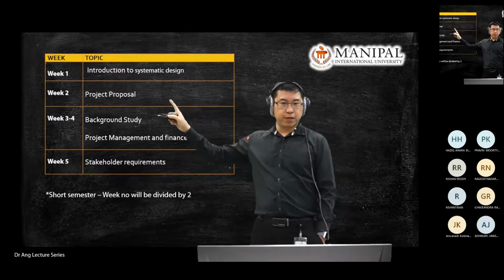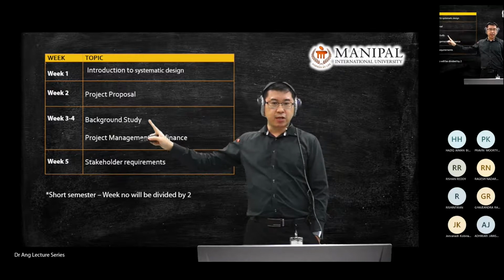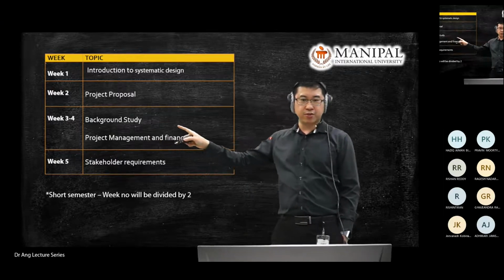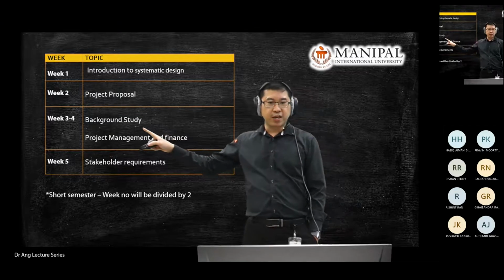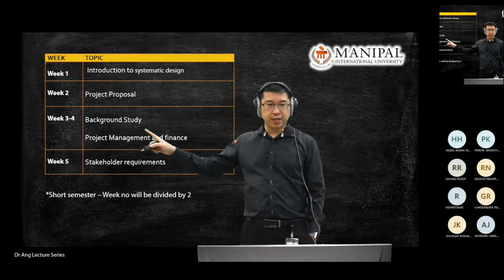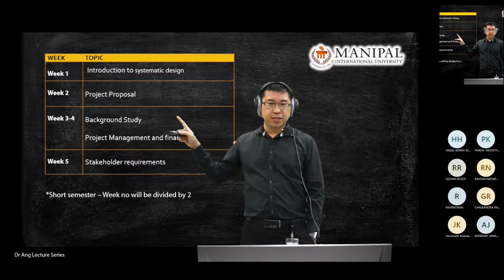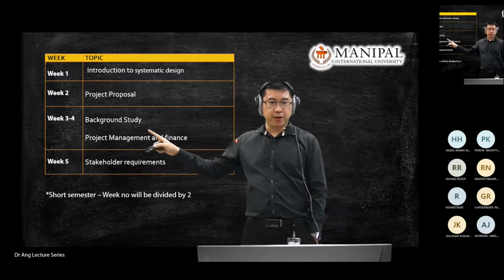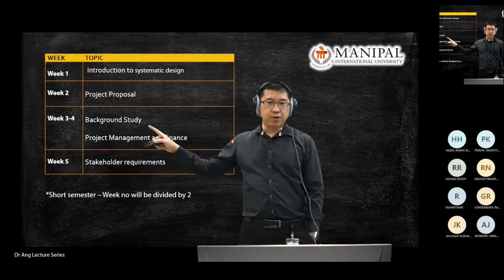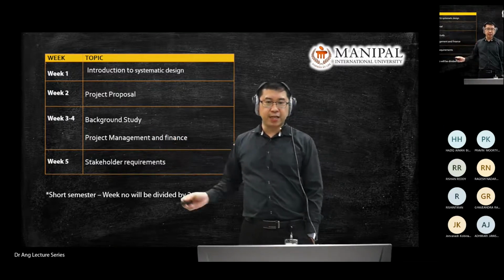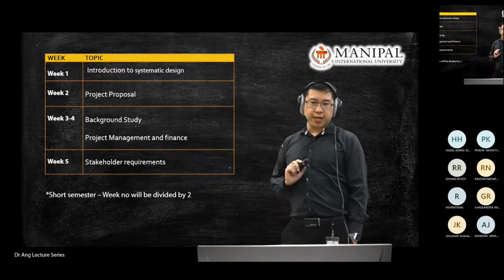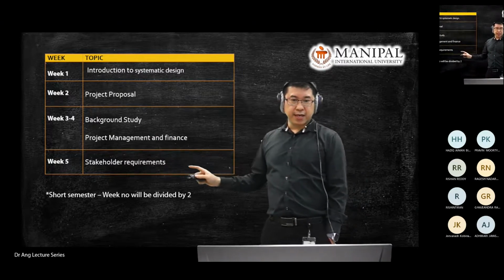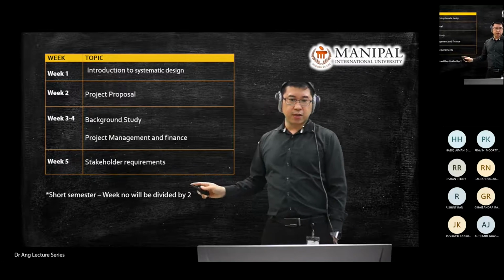You will come up with a proposal, and then you start looking at the literature review, where you look at information and start generating chapter 2, or maybe chapter 1, of your report, doing a background study about the particular subject. Then we look at finance management and stakeholder requirements,